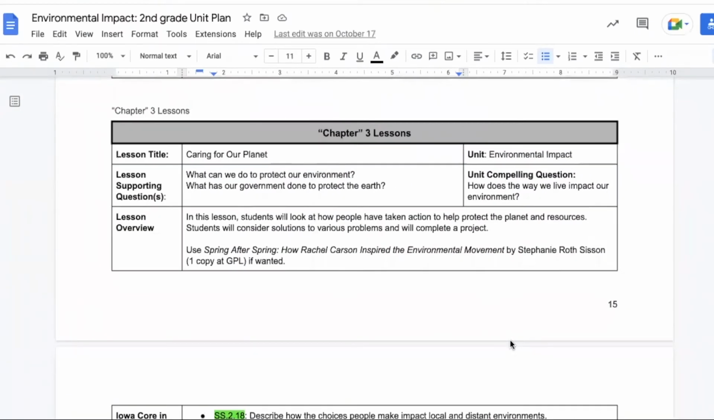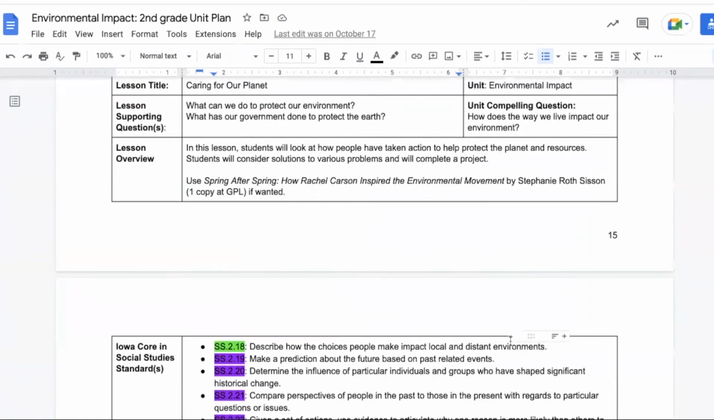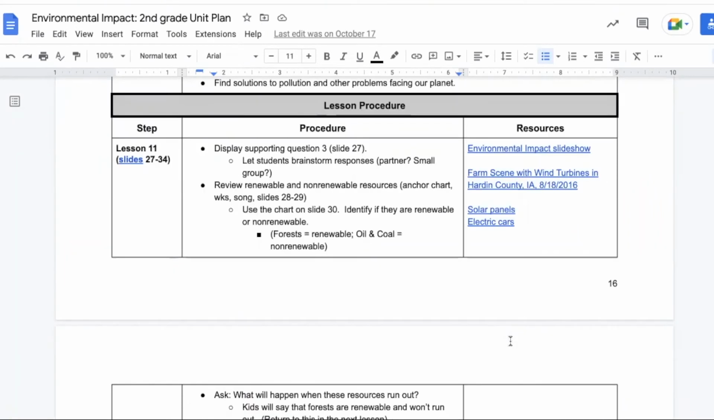Chapter 3 lessons are called Caring for Our Planet. We focus on supporting question 3. Students are going to look at what actions people have taken to protect the planet and resources and consider solutions to different problems. Start lesson 11 by displaying supporting question 3 and give students time to brainstorm their responses, maybe